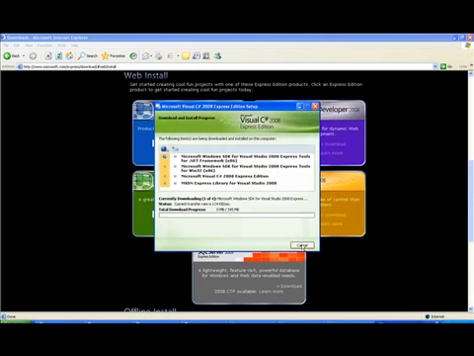So here we have it. It's doing the download, and it'll do little check marks as it downloads each of them, and you'll have Visual Studio installed after a few minutes. I'm going to cancel out of this because since I've already downloaded Visual Studio 2008, I'm not going to do that again. But you're going to let it proceed